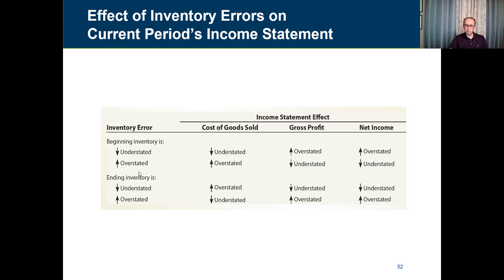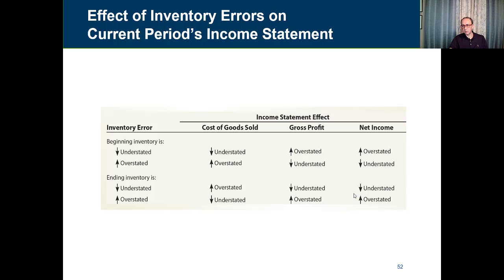If beginning inventory is overstated, then cost of goods sold would be overstated, and gross profit and net income would go in the opposite direction, which would be understated. And by the way, overstated and understated mean they're going to be either over their actual value or under their actual value. If ending inventory is understated, then cost of goods sold would be overstated. So these work in opposite directions. So if ending inventory is understated, then cost of goods sold would be overstated, and then gross profit and net